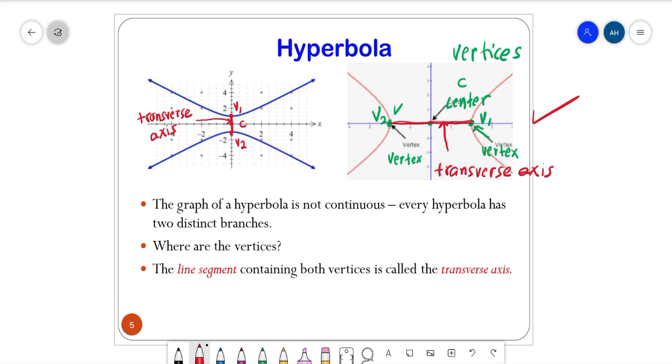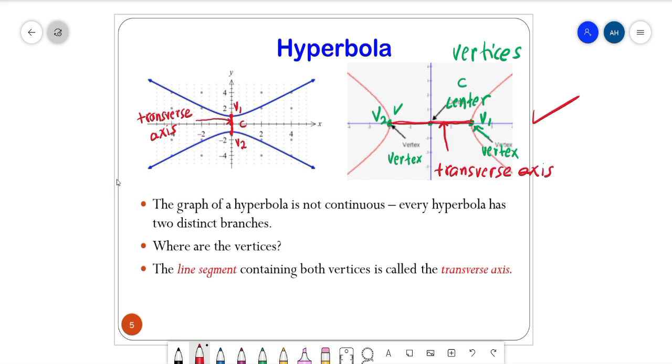Yeah, all right. So that is the transverse axis. In this case, it is on the y-axis. Now the previous graph, that is this one, the red graph, has the transverse axis on the x-axis. X-axis means the transverse axis is horizontal for this one. For the blue graph, they have a vertical transverse axis. Right. So that is some important point concerning